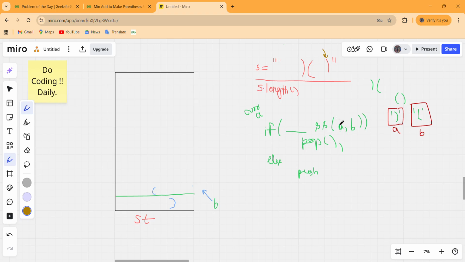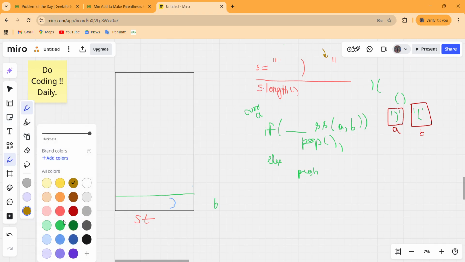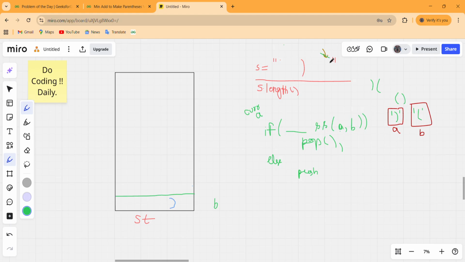Yes, it is an opening one, so we have to pop out from our stack because this is a valid pair. So let us first erase them. I gets incremented again, but our traversal is basically completed.